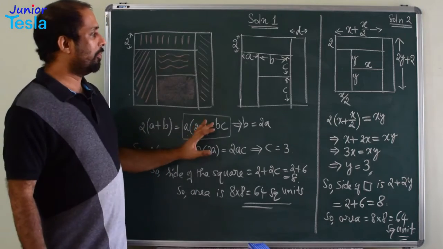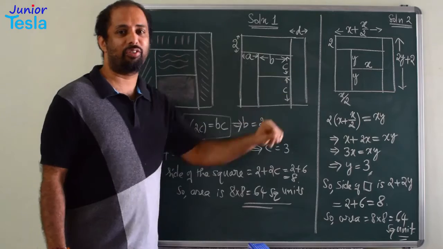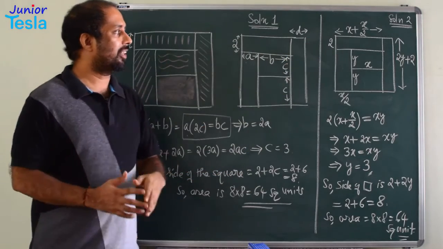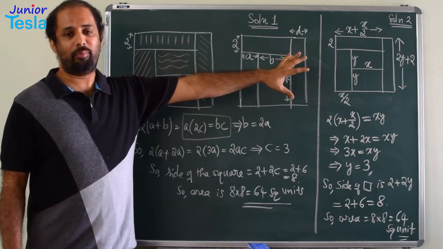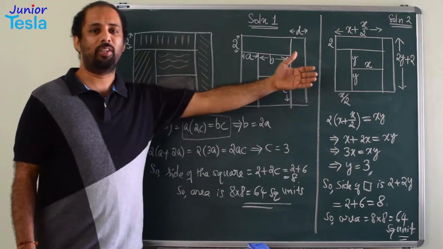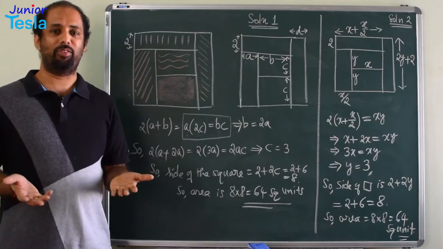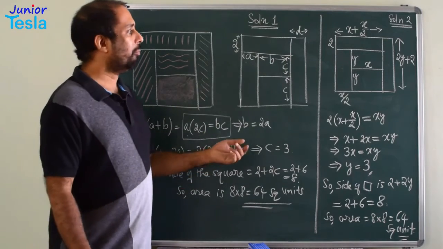Now the same concept is taken in a different way in another solution. This is the second solution. Again I have taken y, x, etc. Just to have a difference, I have taken a different variable, but you can still use ABCD, no problem. These are the notations used by the person who is solving the problem. So you can take ABCD, XYZ, LMN, or anything. That is not a big issue here.